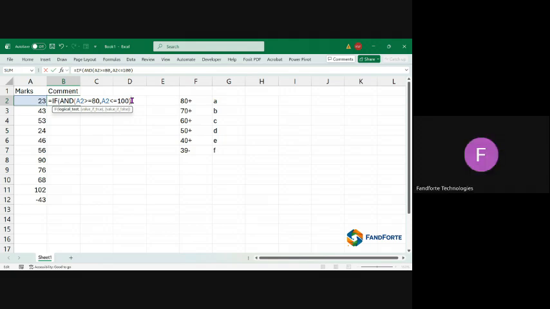Okay, so that becomes the logical test. Now after you're done with the logical test, the next one is the value of true. So value of true remains a normal one. So we do a comma, move from logical test to value of true. So if that value is true, now that becomes an A. Remember we said an A, you have to surround it with double quotation marks since it's text, data, or string. So A. If not true, or if the value is false, so comma,